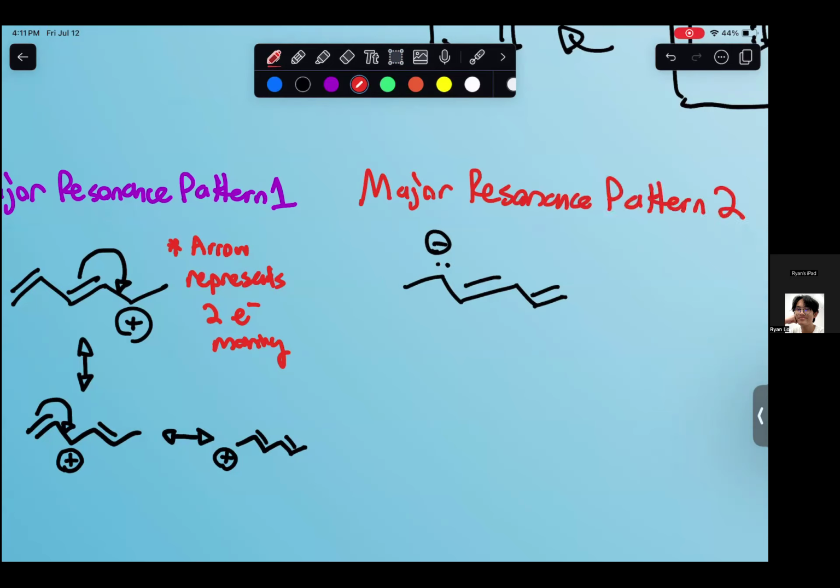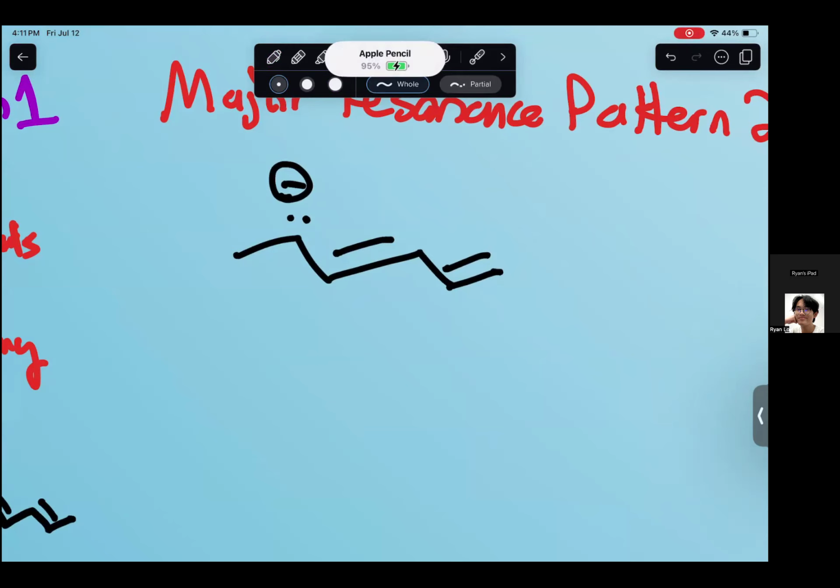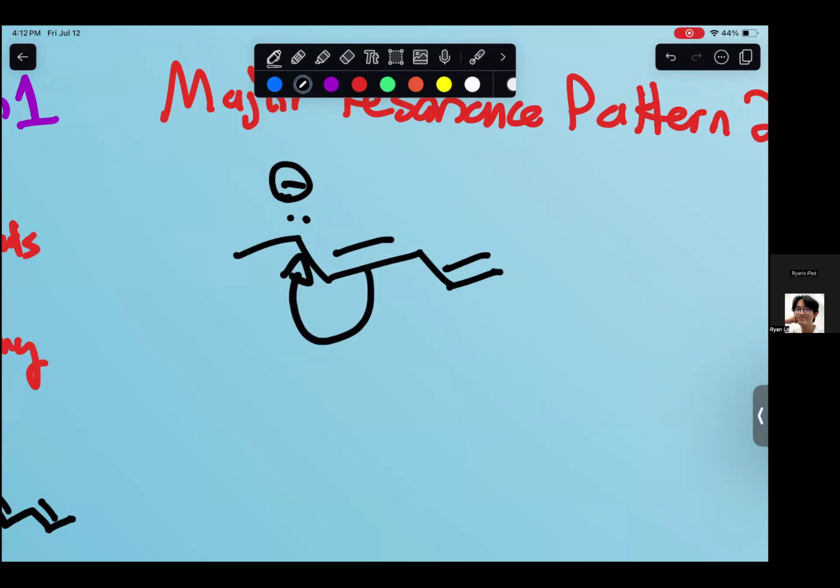This one's a little different because you start off with a negative charge. So what type of patterns can we draw from this? Well, with negative charges, you're obviously not going to be moving any of these bonds onto here, because if you did, what would happen? Pause the video, explain it to yourself out loud. But what would essentially happen is that if we did this,